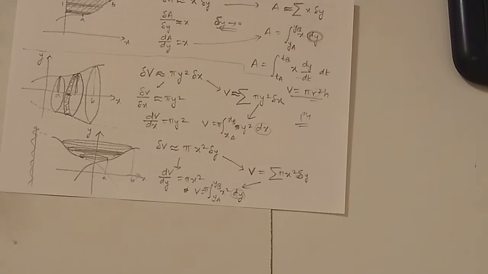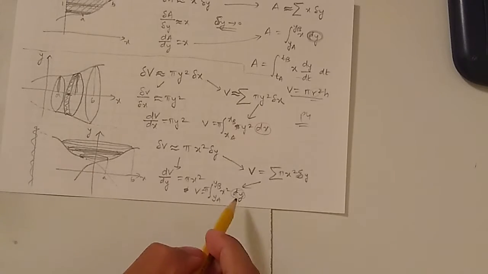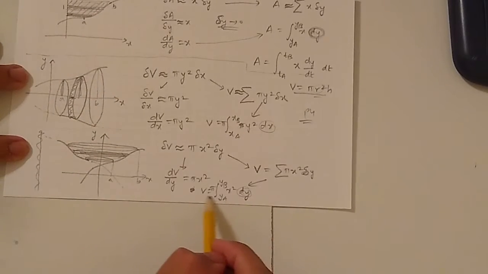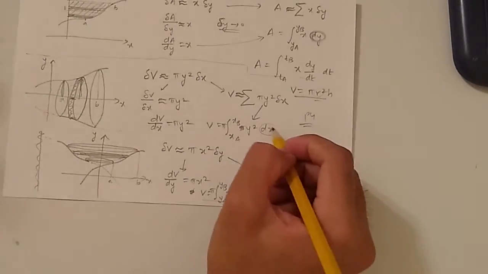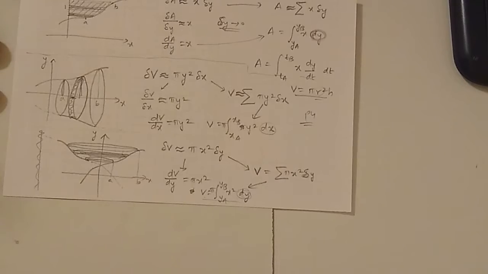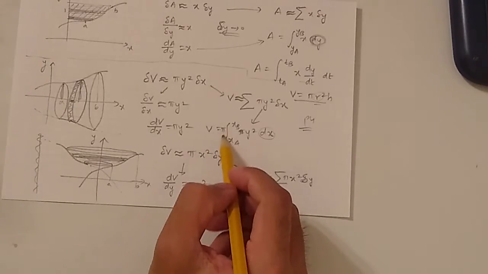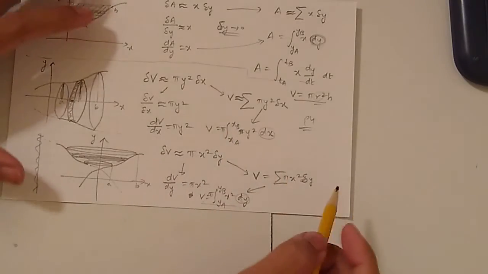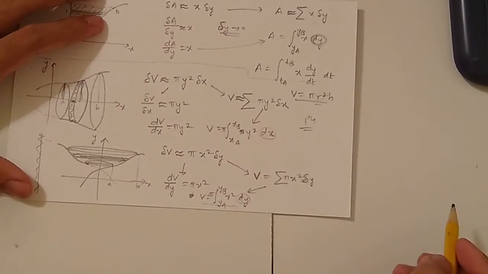Now we do not have this in our P4 syllabus, but just for reference, this is how you will be finding the volume. What we do need to know is that if we have the relation between y and x expressed parametrically, in that case v equals pi into this integral. You need to express this with respect to t, so dx needs to be converted to dt.